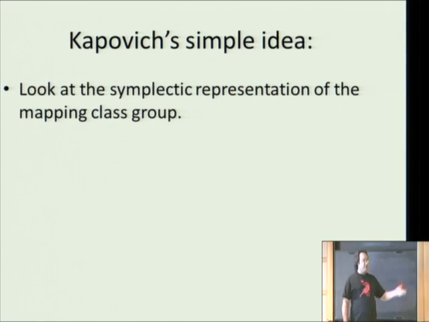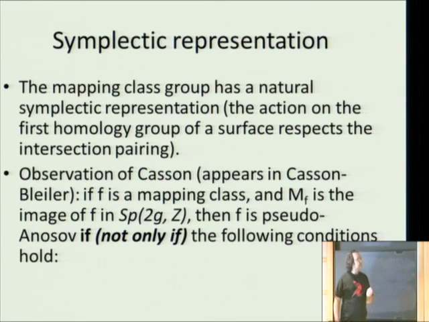and Kapovich, in his great wisdom, said, well, this should be easy. Just look at the symplectic representation of the mapping class group. Now, what is a symplectic representation, you may ask? Well, every automorphism of a surface acts on its first homology. Not only that, it preserves the intersection pairing. If 2 curves intersect once, then if you perform an automorphism, their images also intersect once. And if you do it the right way, then you'll see that this is a symplectic action, and you have a surjection